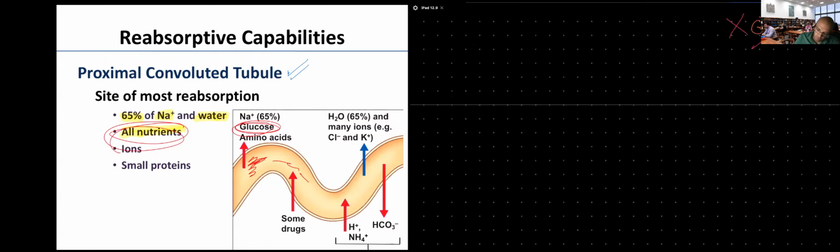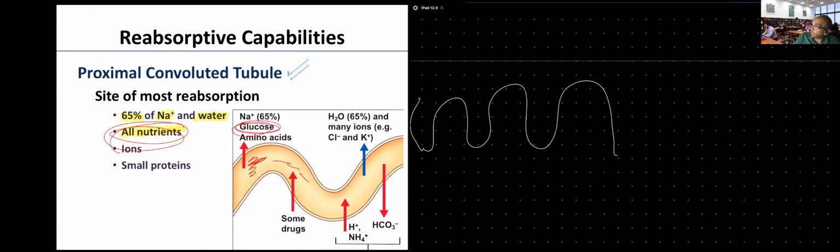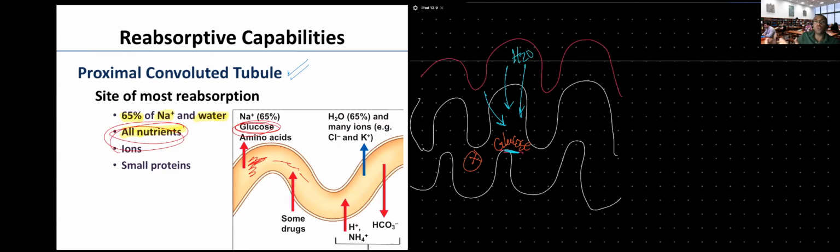So now I've got an extra solute that is not normally present. Normally, I shouldn't have glucose in the kidney tubules that remained. Now I have glucose. And this is my blood vessel. As I have solute in the kidney tubules, what will be pulled out following the solute? What follows the solute? Water. So the glucose that remained, because I failed to reabsorb it, because it was too high, is going to be pulling the water and it's going to be released out